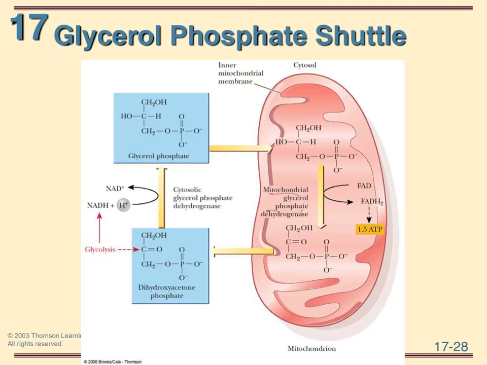The mitochondrial isoform utilizes FADH2. That FADH2 goes where in the electron transport chain? Complex 2. Okay. And I've really been trying to take my time to go over this chapter because